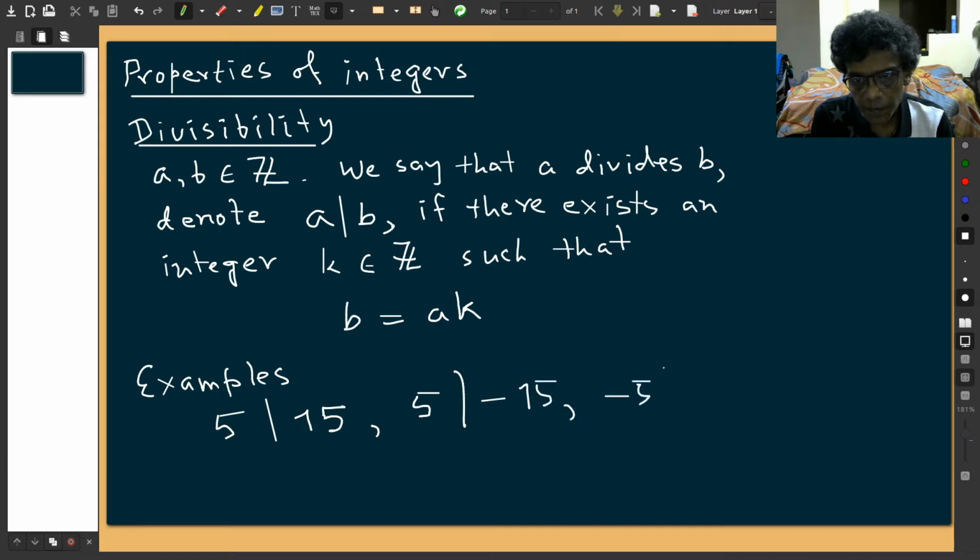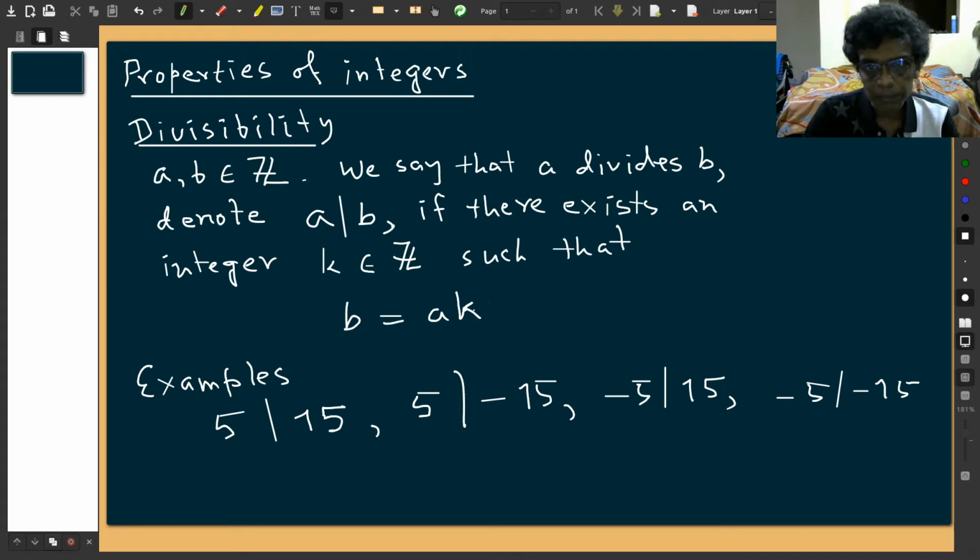Minus 5 divides 15. Minus 5 divides minus 15, because every time you can find some k. Here the k is 3, here k is minus 3, this is minus 3, this is again plus 3. Okay. So this is a fairly straightforward concept,